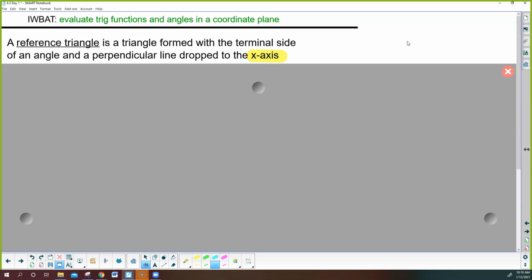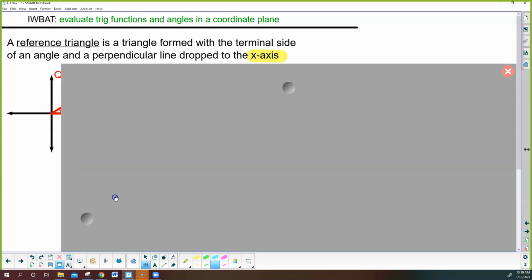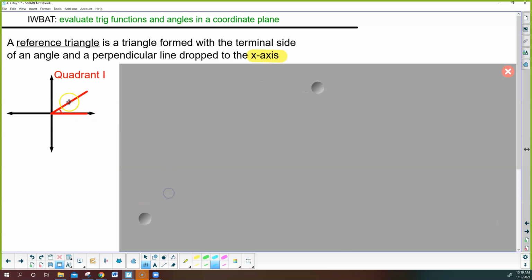Now it depends on what quadrant we're in. So we're going to start with all 4 quadrants, and you should keep in mind how we identify which quadrants are which. Quadrant 1 is when your x and your y values are positive. So think about that. When I go over to the right and up, both x and y end up being positive. Well, if I have an angle like this,